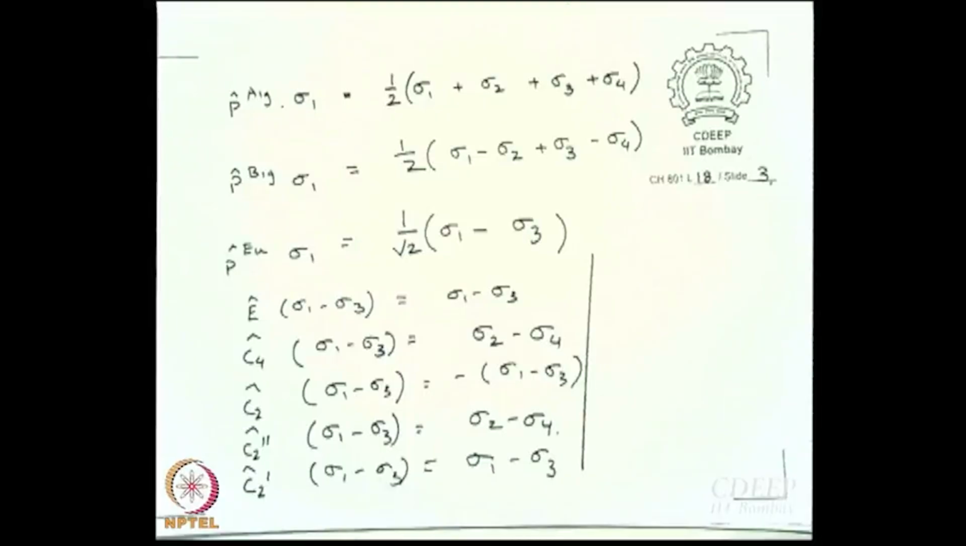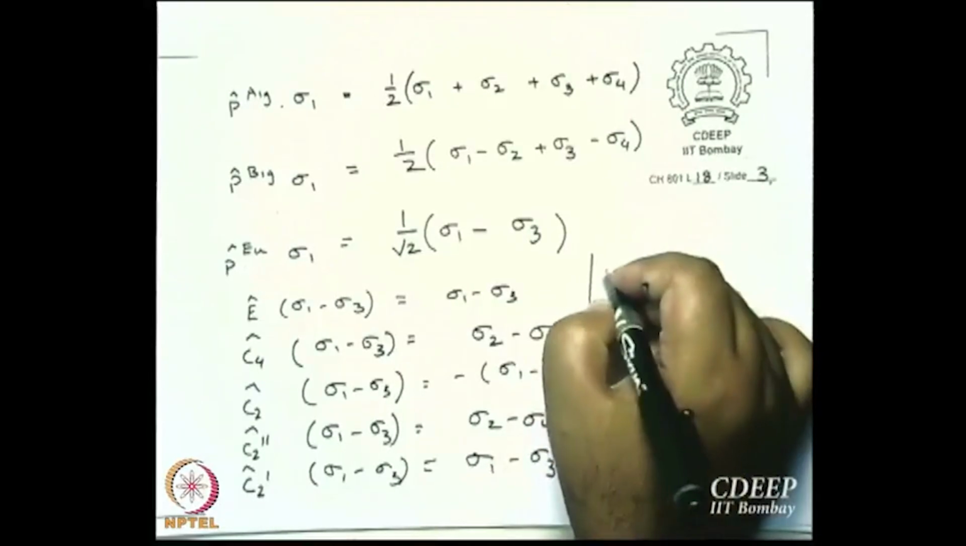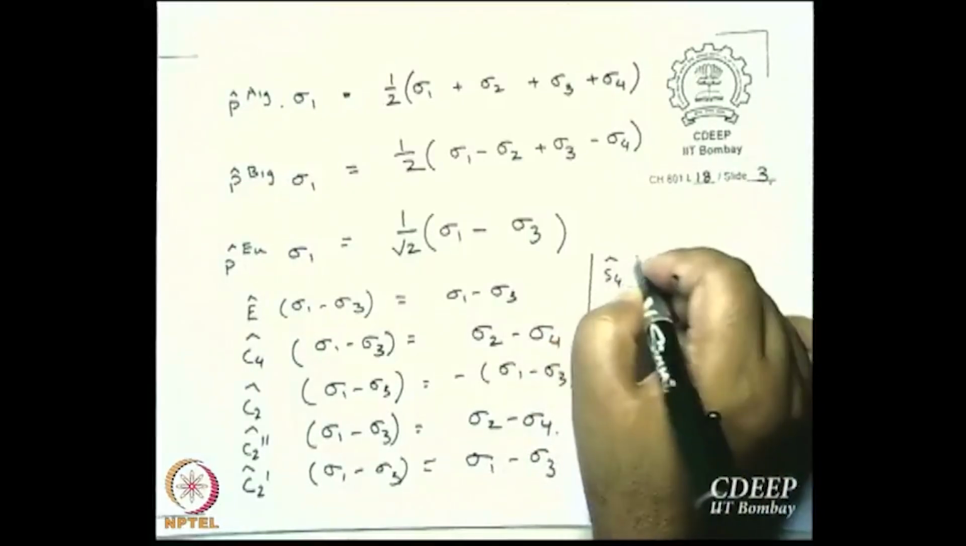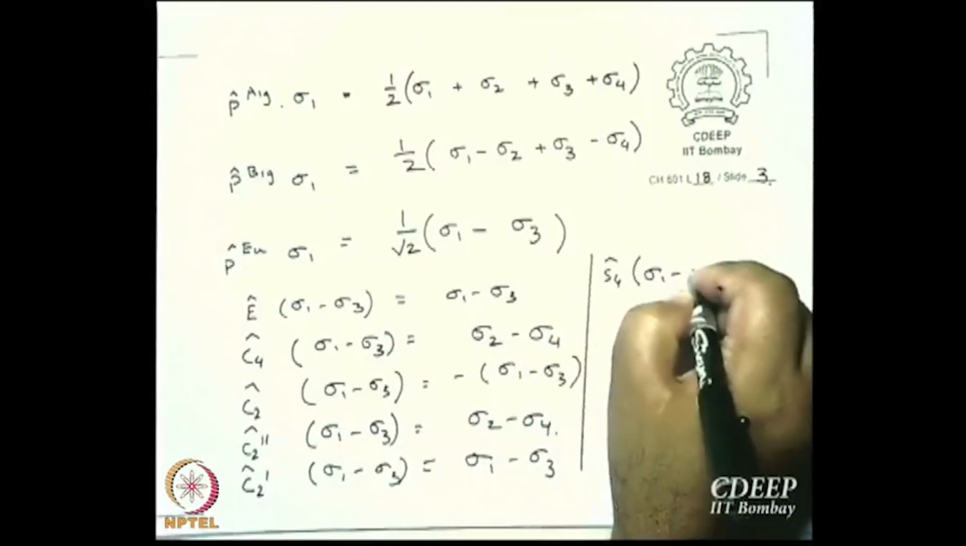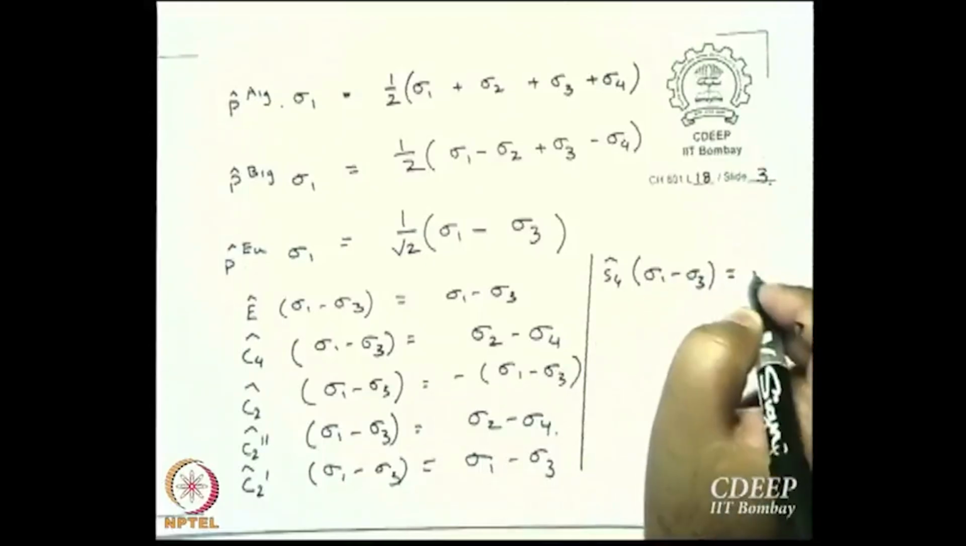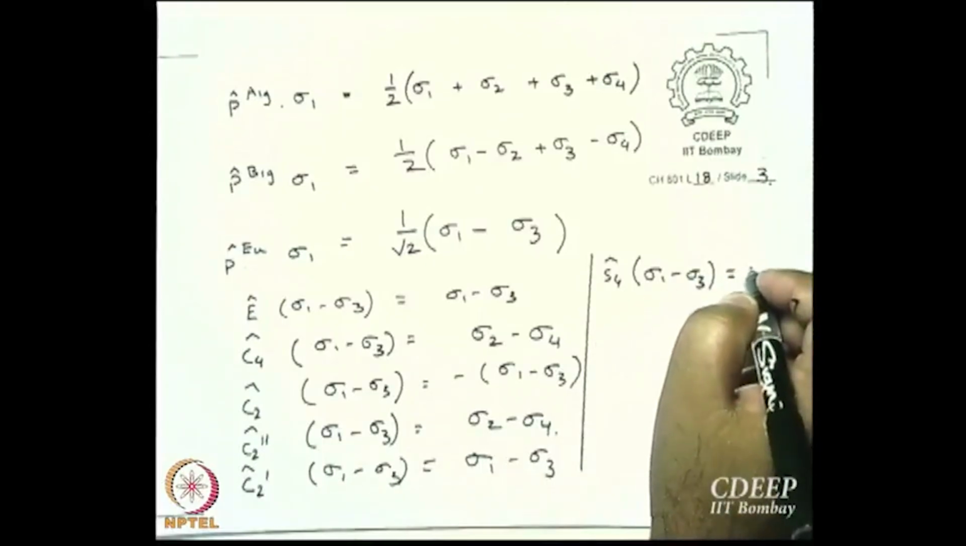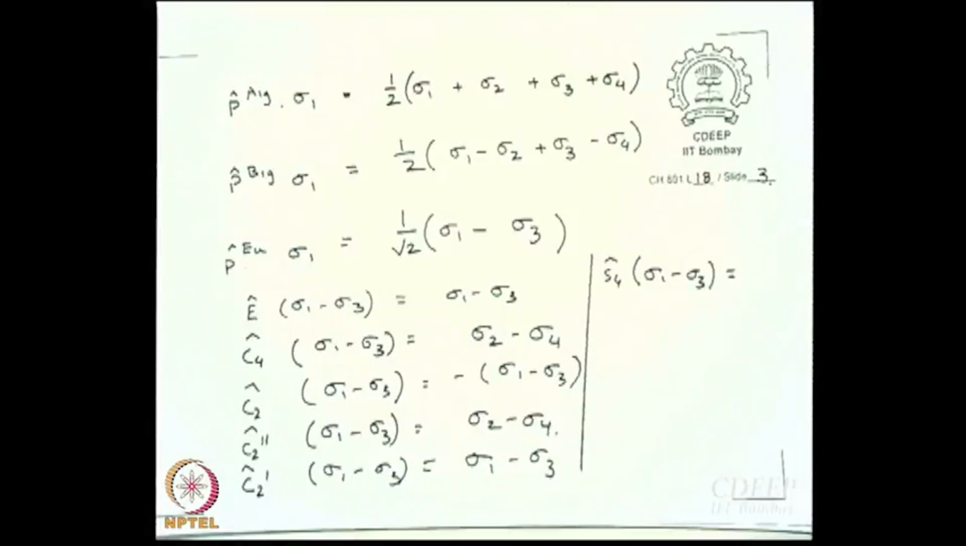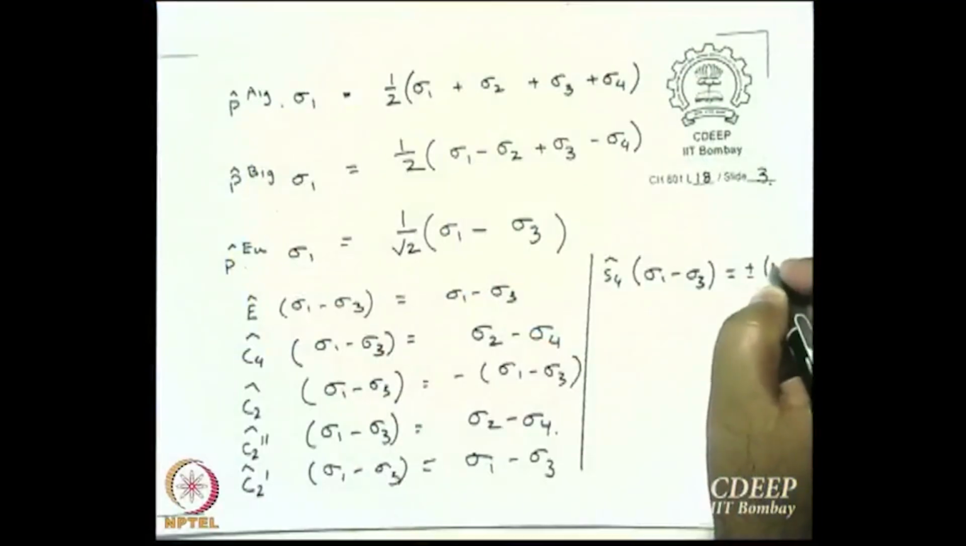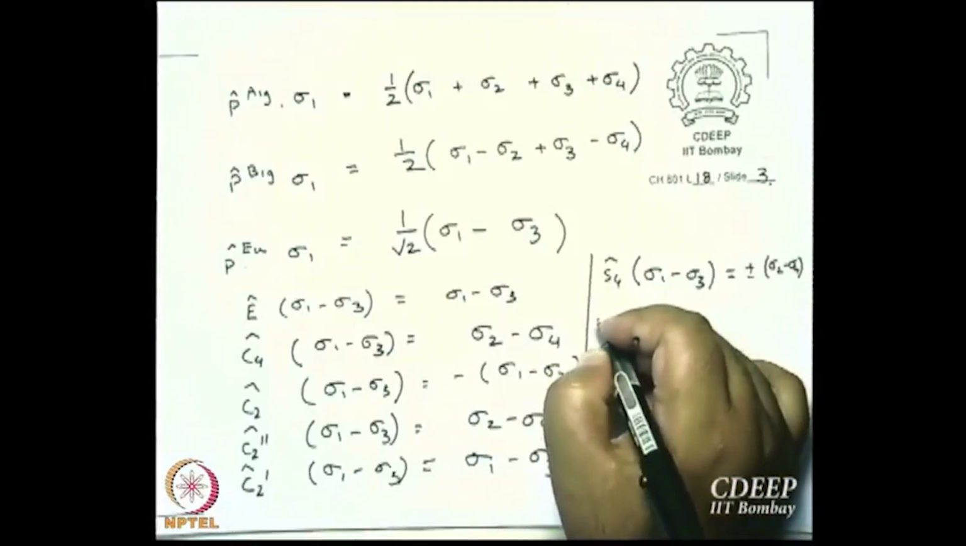Okay, what is left? S4. What do we get? Sigma 2 minus sigma 4 or sigma 4 minus sigma 2? Depending on which direction you turn, right? But it does not matter, it is just plus minus. Sigma 2 minus sigma 4. Then I,